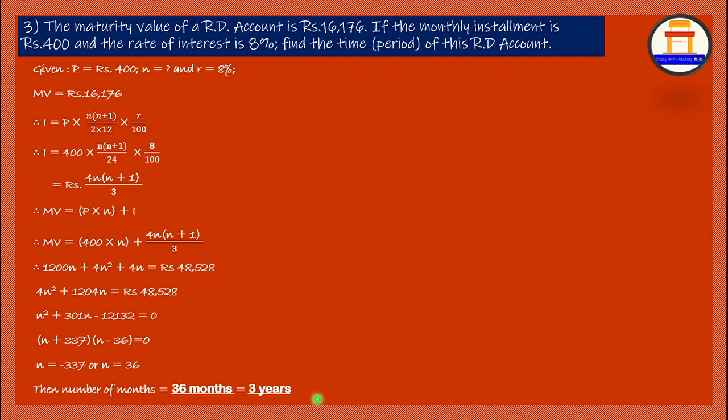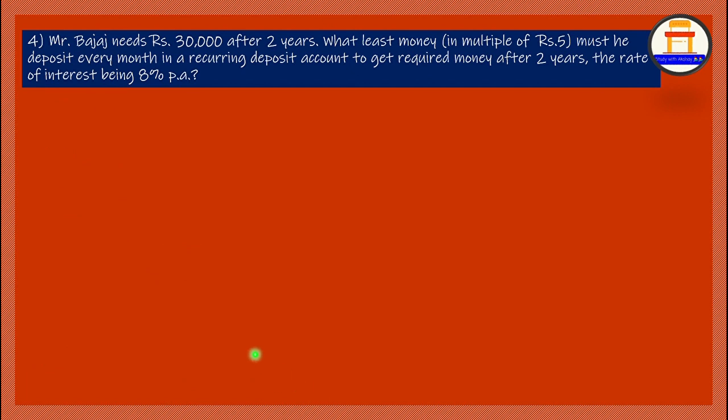So, being enthusiastic in learning maths, let's move ahead with the next question. I think this is Balaji. By mistake it has been typed as Bajaj, or if it is Bajaj also, it's fine.